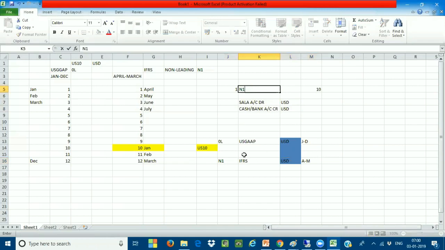Then, vice versa, the leading ledger will not have this impact on the accounting transaction. Very important. When I post a transaction to the leading ledger, the non-leading ledgers are also part of the transaction. But when you specifically post the transaction to the non-leading ledger, there is no vice versa. You cannot derive this accounting transaction to the leading ledger.